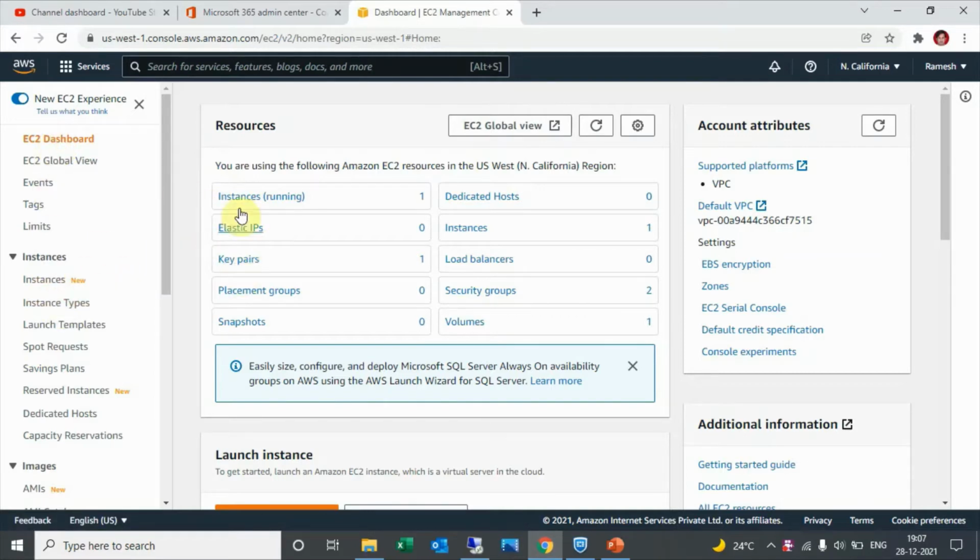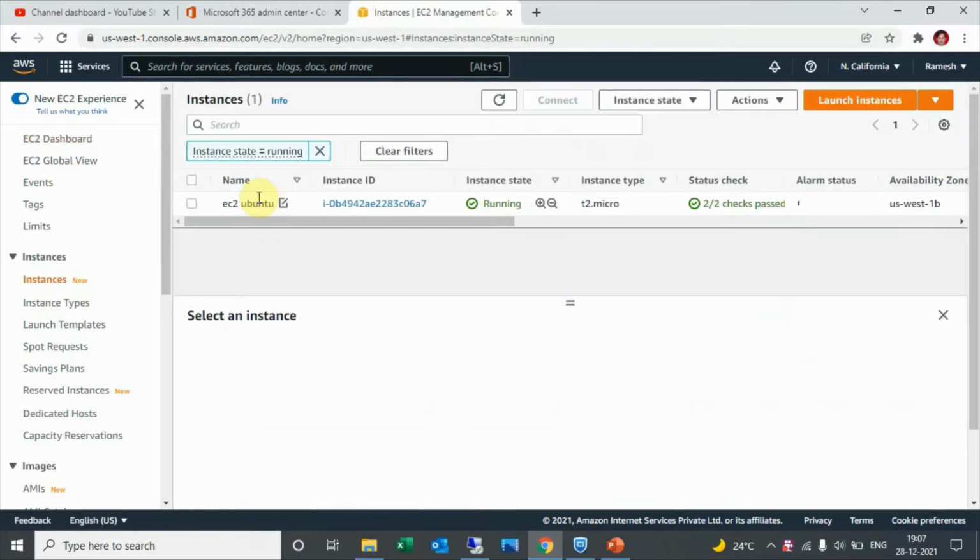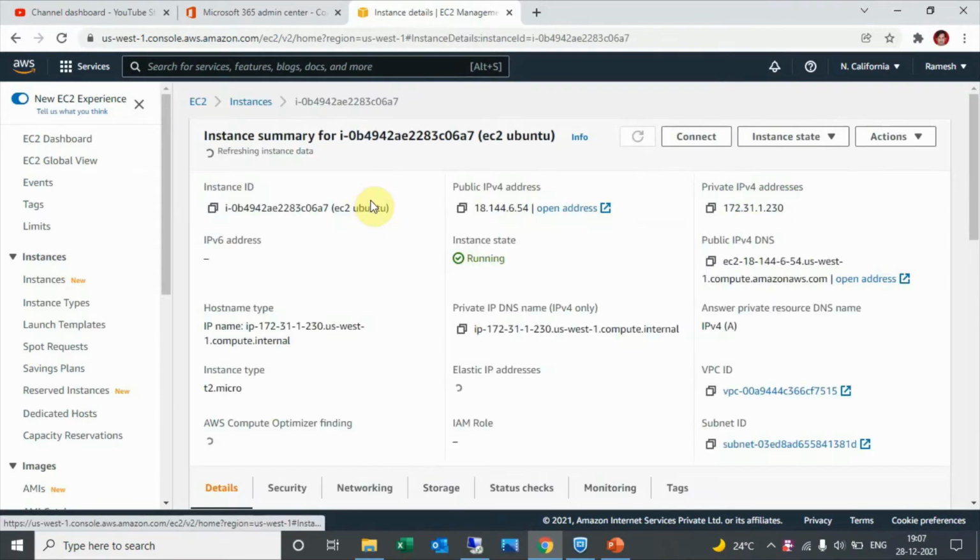This is the EC2 dashboard. Just open the EC2 instance. This is my EC2 instance. Let's open it